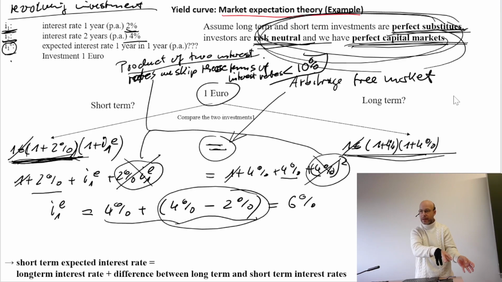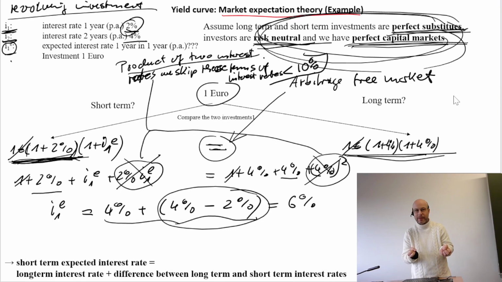Actually, if we just take the numbers, then we see short-term expected interest rates will be 6%. Short-term interest rates today are 2%. So what we then can say from the market, and the yield curve just represents the today market of bonds, the prices of bonds, the yields of bonds, so then we can say the market in this situation, in my example, expects that short-term interest rates will rise.